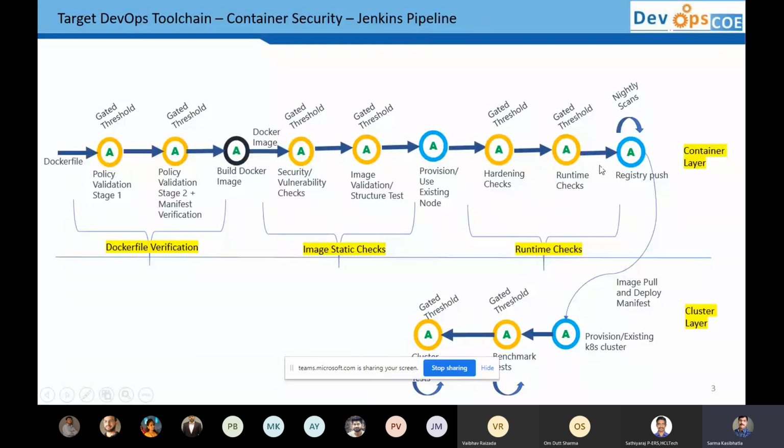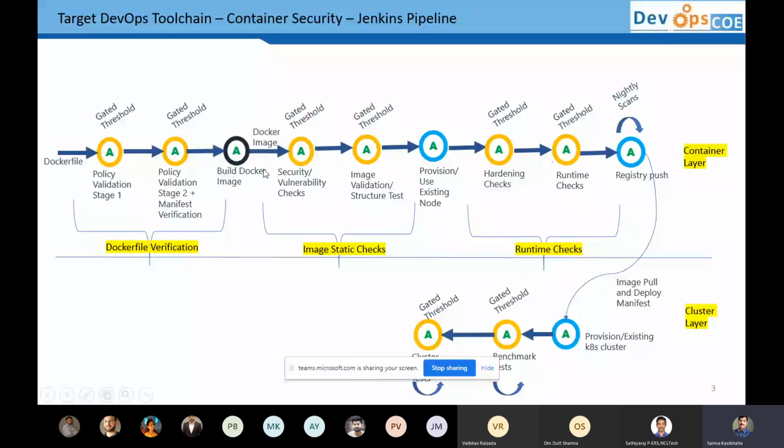Those kinds of checks are done in this stage, basically the runtime checks. It is again a two-stage check. One checks the entire host where it is running, including the containers that are running, and anything that is happening with kernel access is also verified as part of this runtime checks stage.